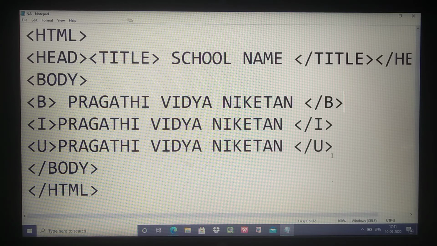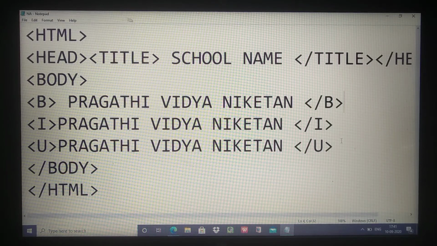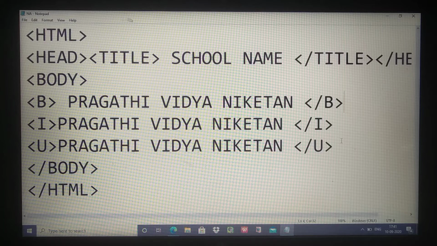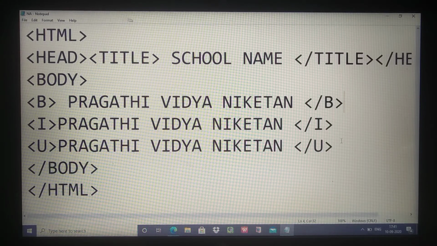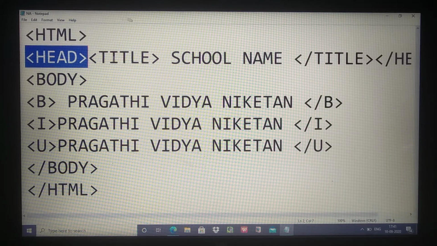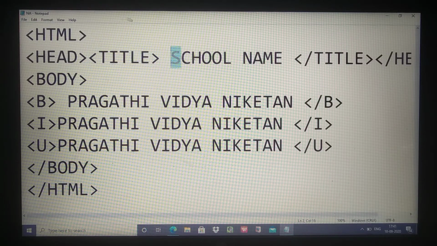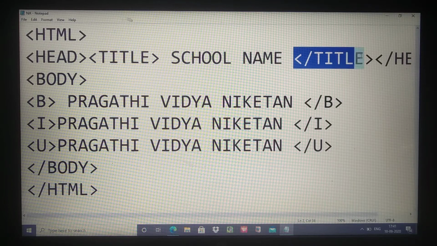Okay, so in the next part we will learn about the attributes of the body and how to display the information line-wise. Just now you have to learn how to write the code. Next, head tag. In that title tag, you have to give the title for the web page. Close the title.